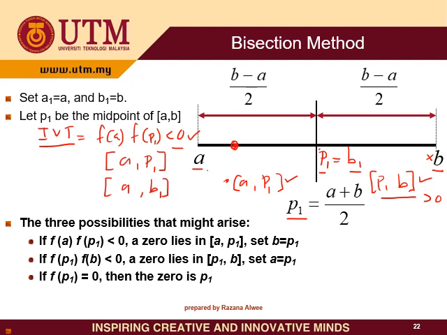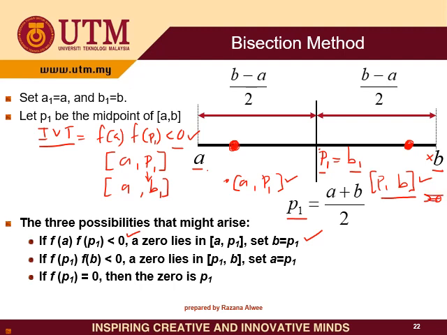That is your first possibility, where the value FA FP1 is less than 0, so the root is here. For the next iteration, you will use A, P1, so you change the P1 to the new B1. Let's say if the root is here, so you will get